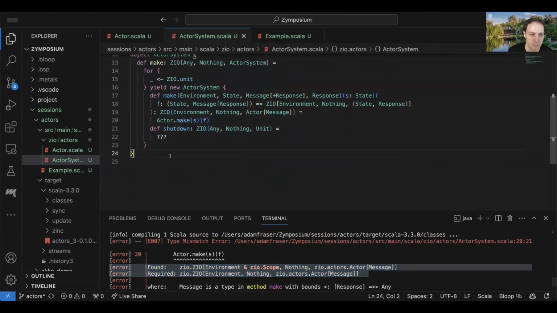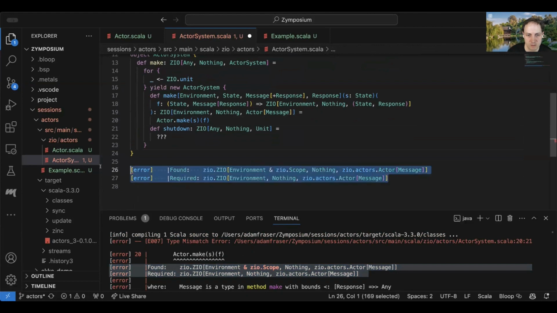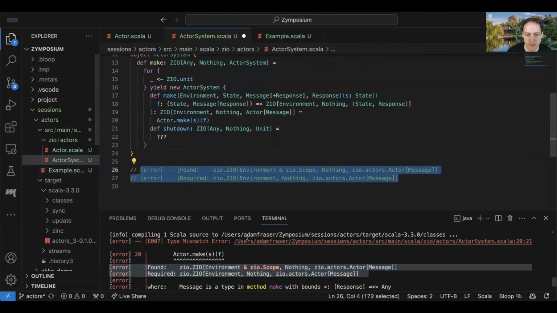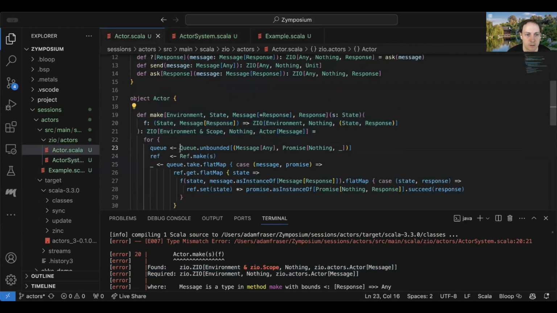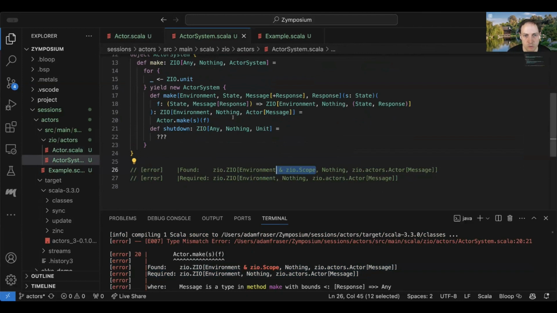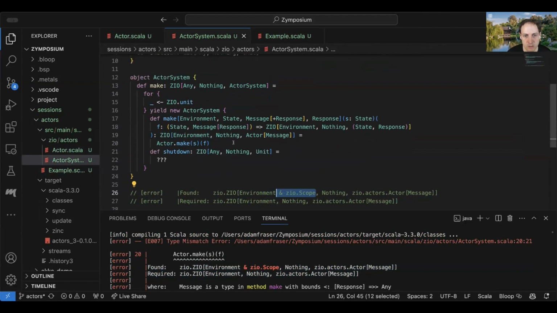And maybe let me just copy this down here for a sec so we can see this. We lost the highlighting, which is actually nice down here, but basically it's this scope that is the issue. Make here returns a scoped workflow, but we said we don't want to expose a scope here.